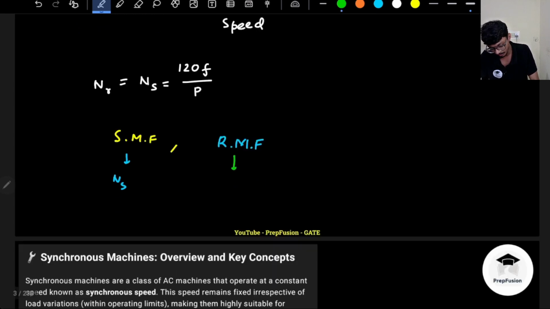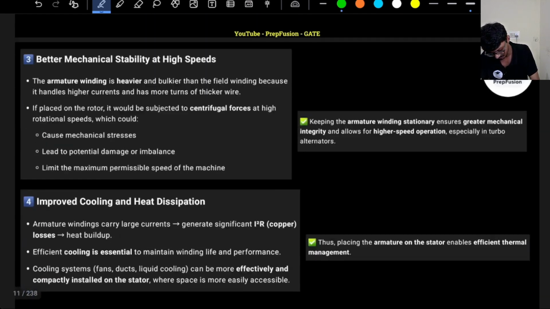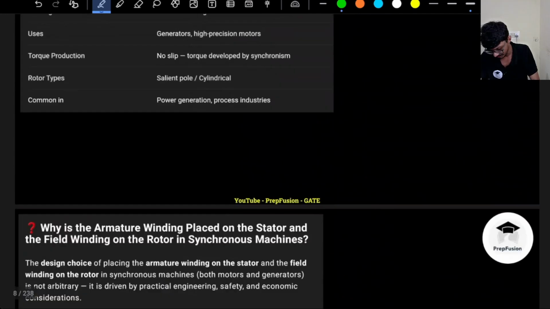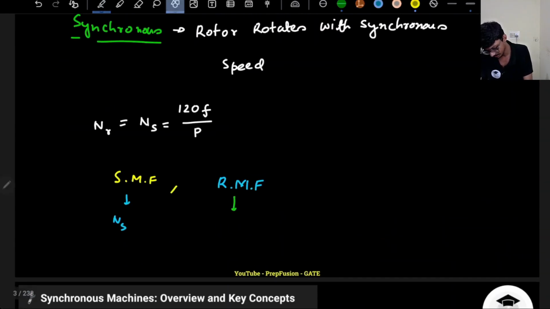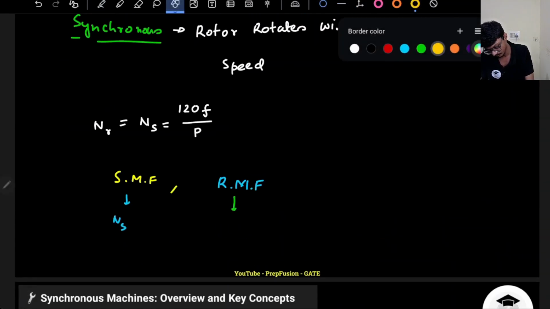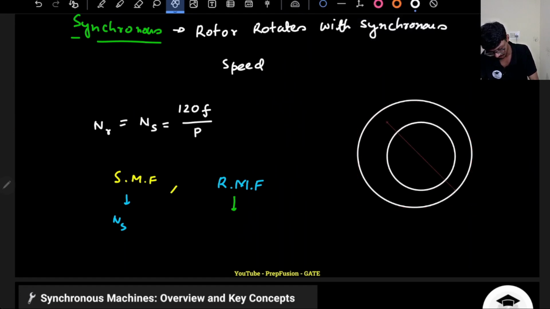Previously, if you remember, I had the picture. I don't have it here, so I will just draw the motor. So basically I had this motor, right? And I had this stator part,